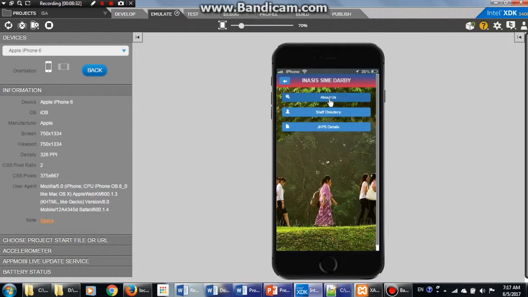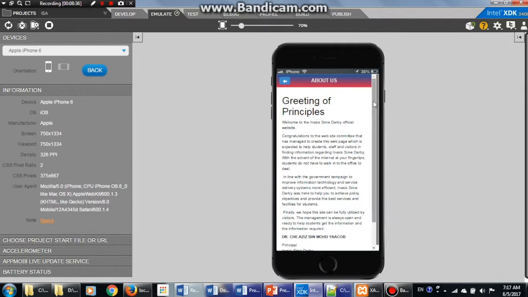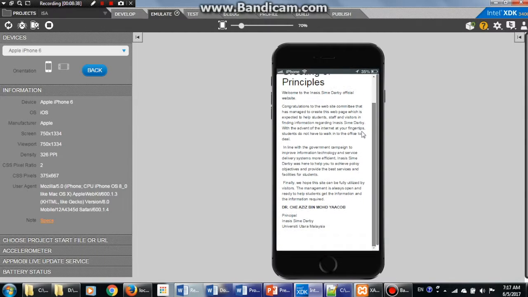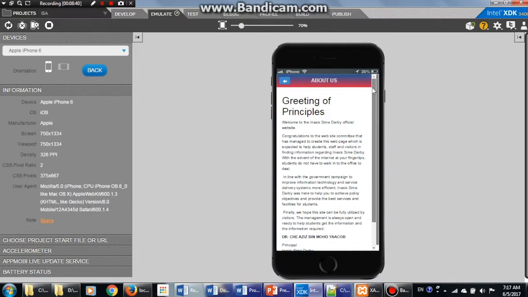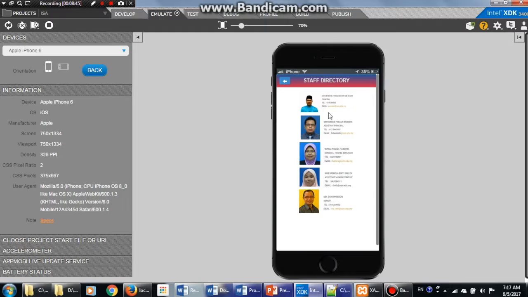SamDabi. If we click on About Us, it will show us the same thing, like a welcoming message and some information about the DPPs. And if we click on the staff directory, it will show the principal, the assistant principal, administrative and senior staff, with their name, contact number, telephone number